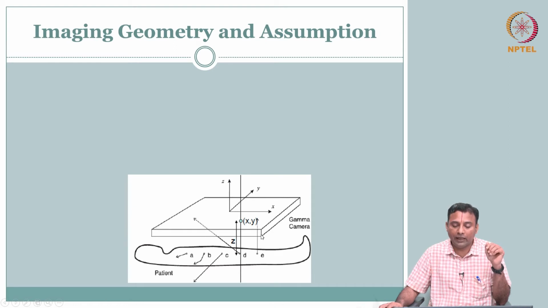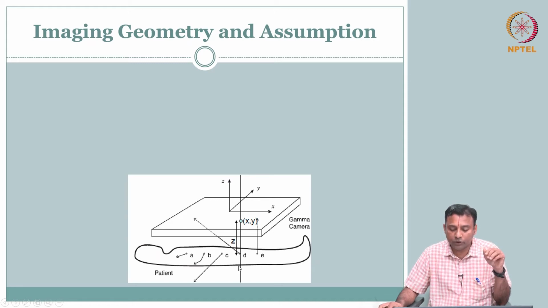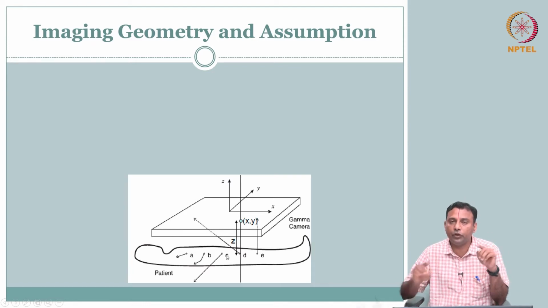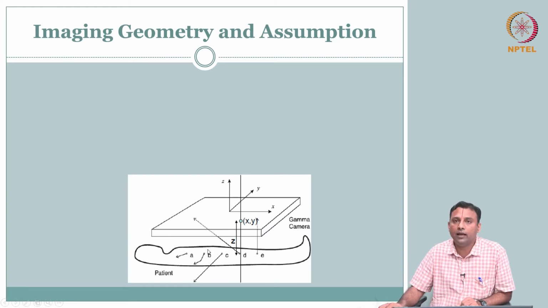So if you write our imaging equations, we will have to consider that we are going to use a collimator, and therefore only straight line paths are going to be used. And in this geometry, if you notice, there is a chance radioactivity is distributed everywhere, right, 3-dimensional here, but there are certain portions that will come and hit the detector, and we will assume that only those coming parallel to your z axis, parallel to your collimator, where there is a hole, only those are going to fall on the detector and make their way to the image.